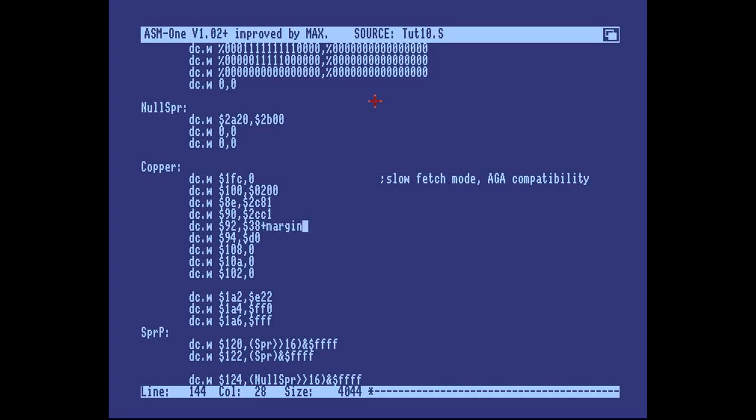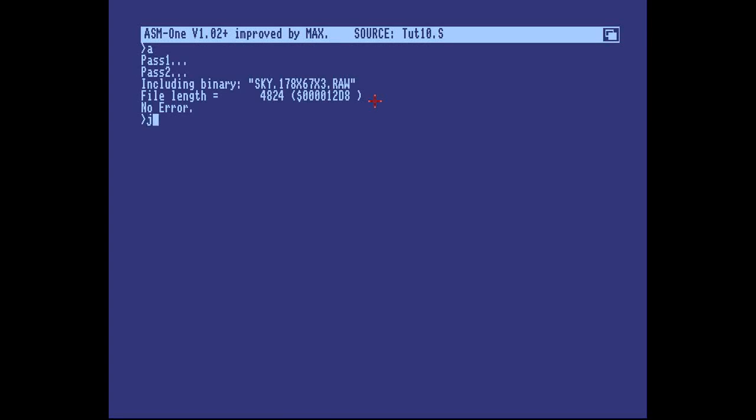Now, if we added this logo margin straight up, we would get a much too narrow screen. As I said, each value here counts as 2 pixels. The DMA fetch only has a precision of 2 low-res pixels. And so we need to divide this margin that we calculated by 2. And this should somehow make our logo better. As you can see, it's now